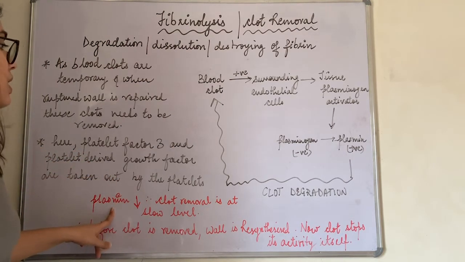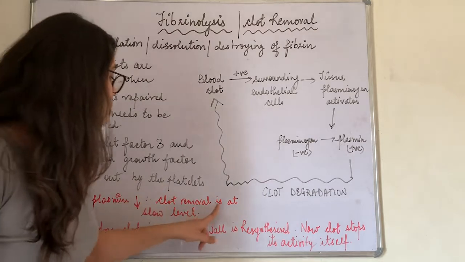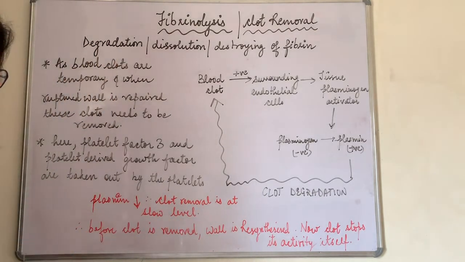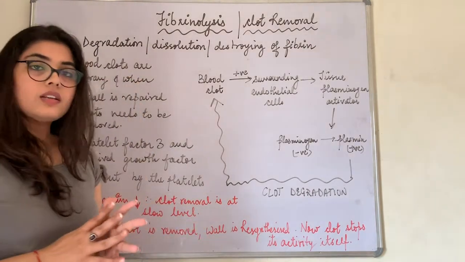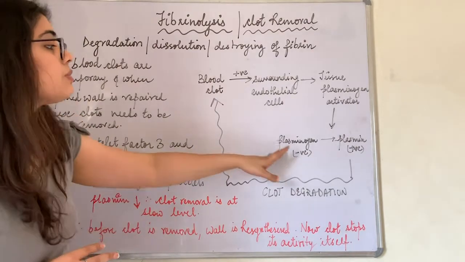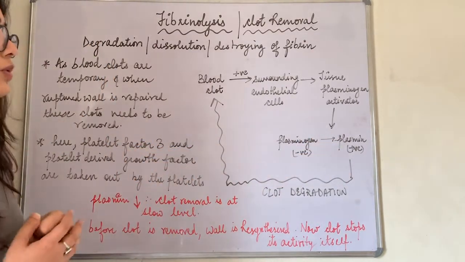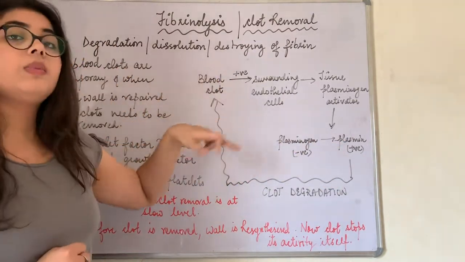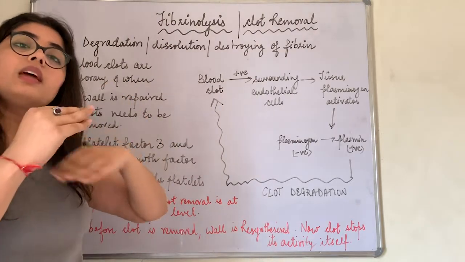तो जैसे ही प्लाज्मिन का जो अमाउंट है that decreases, तो उसकी वजह से क्या होता है, जो क्लॉट रिमूवल जो होता है वो occur होता है at a very slow level. For example, अगर हमारा एक wound जो है that's been healed, right? But what is happening? This plasminogen is not converting to plasmin. अगर कन्वर्ट हो भी रहा है तो बहुत स्लो रेट हो रहा है। तो इसका चीज़ किसको इफेक्ट करेगा, ब्लड क्लॉट। ब्लड क्लॉट जो होगा वो बहुत धीरे धीरे स्टॉप होगा, नहीं तो ब्लड क्लॉट वहाँ पे बनता ही रहेगा।